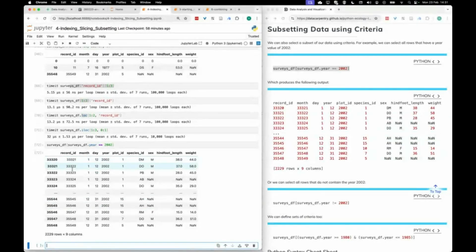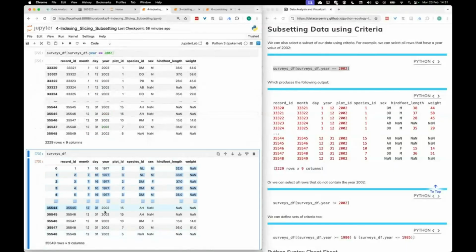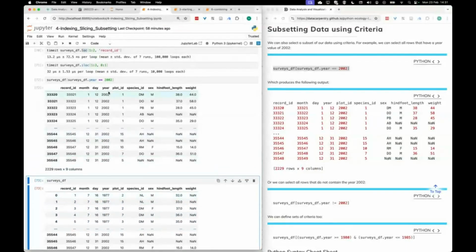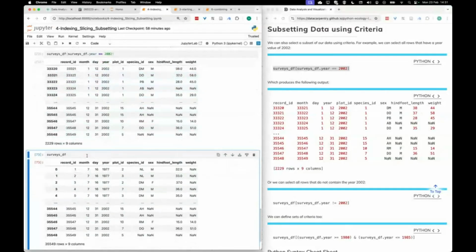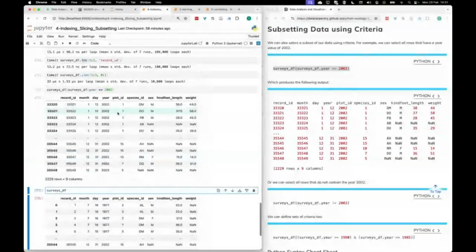So what it's giving me is all these rows where it clearly is the case that the year is 2002. If I looked at the original data, we had other years as well. So clearly it's selected a subset. So what's actually going on here? Okay, we'll look at this more later, but